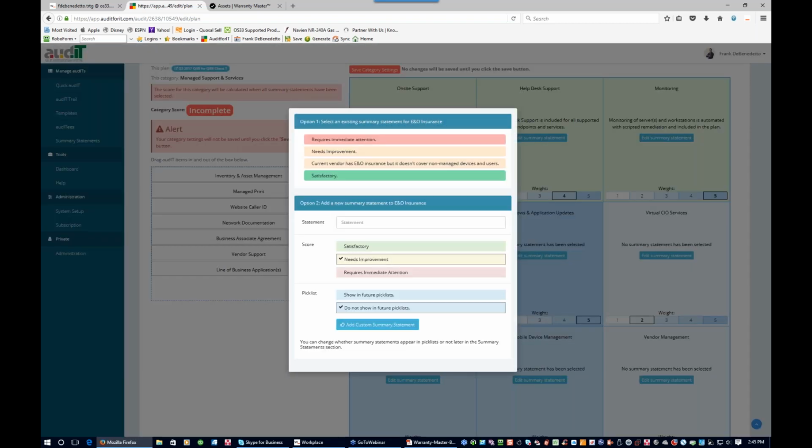Insurance, I use this all the time to call out other vendors, showing them that, hey, does your current IT company have E&O insurance? And I kind of stir the pot up. Here, let's just come into this and let's just say